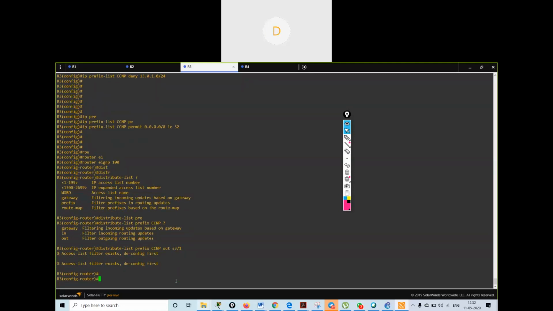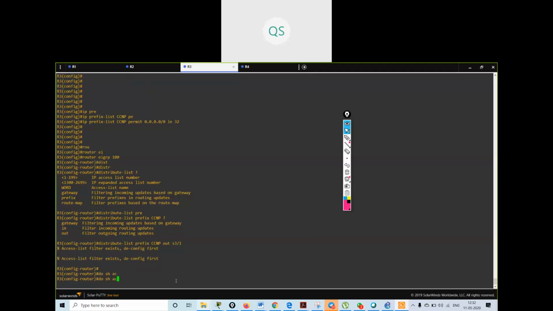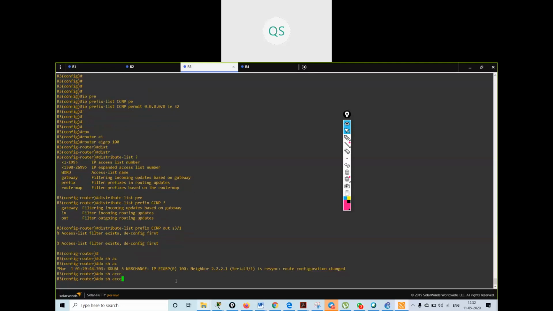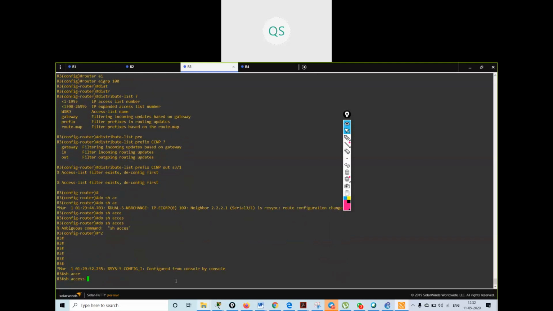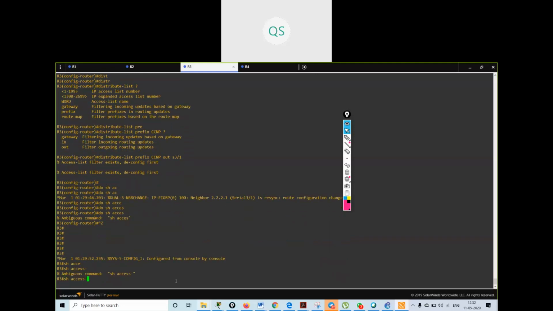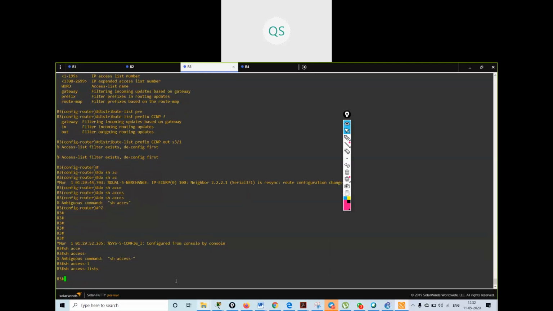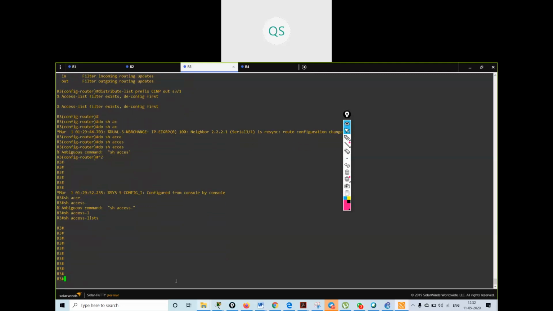Access list filter exists. Deconfigure first. Do show access-list. I'm not having any access list. Prefix list. Hmm?